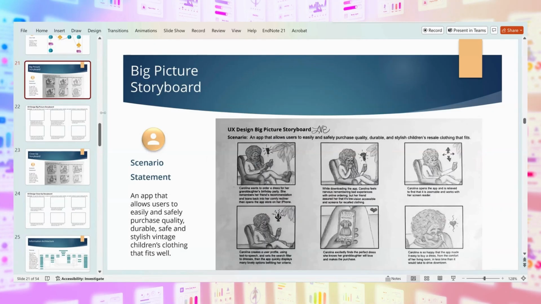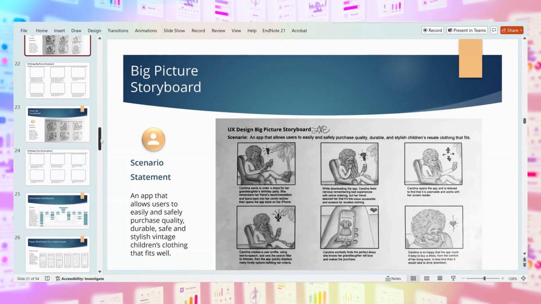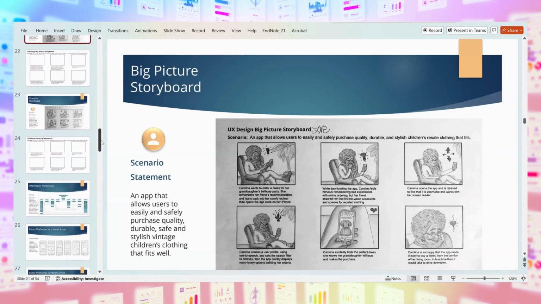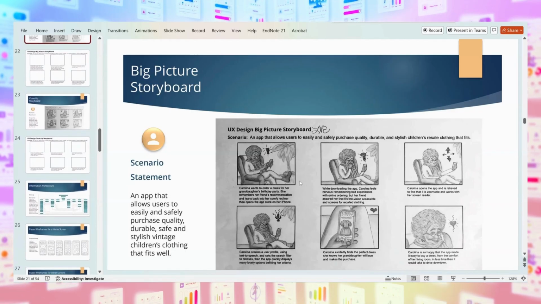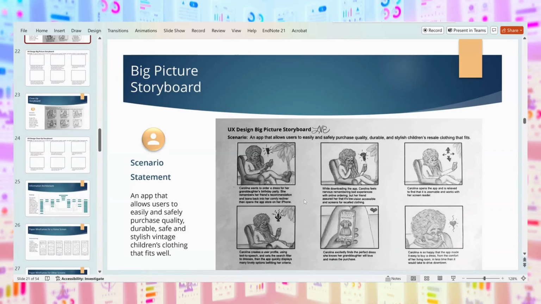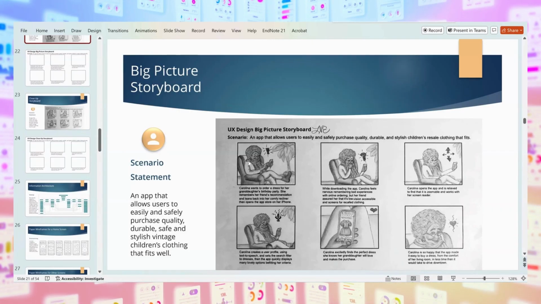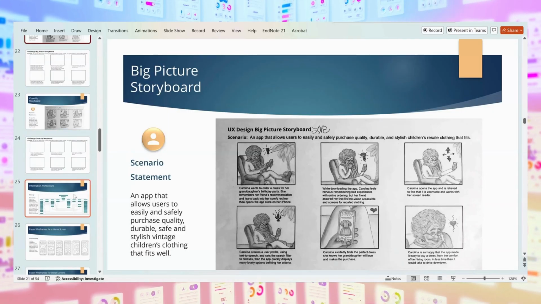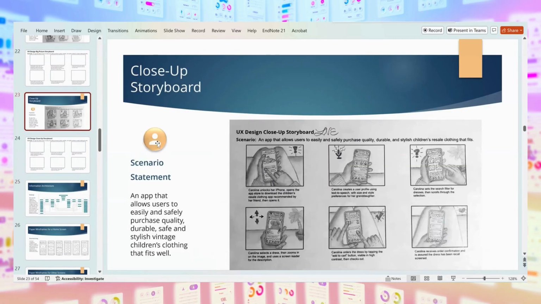You do a big picture, kind of like you would do with video, but UX has its own specific thing, and you're talking really about emotions and settings where they would be using it. So this is a little old lady using it in her house, and this is Caroline. That was one of the user personas. Then you do a close-up storyboard, and it's really how you use it and how you would go through and change the screens and the path for that user journey that was shown earlier. And you give scenarios for the whole thing.